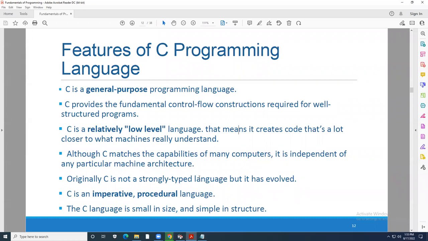Python is a loosely typed language, but C is a strongly typed language. Originally, C was not strongly typed, but the modern C that we are using is. So if you want to display any data, you have to consider its type. You have to explicitly